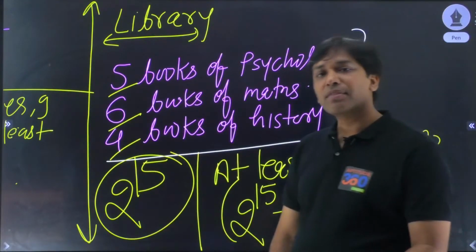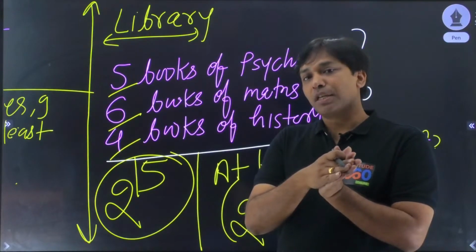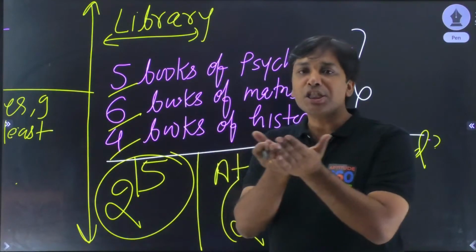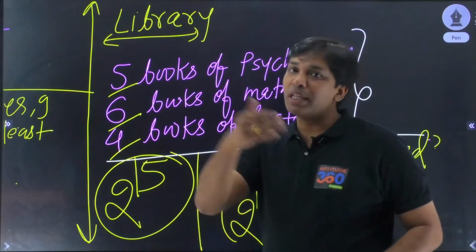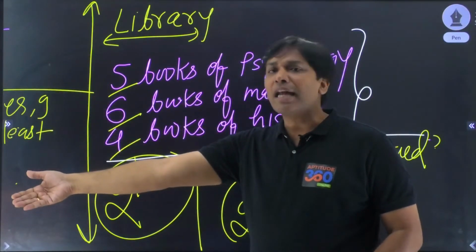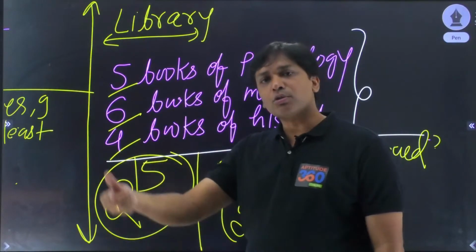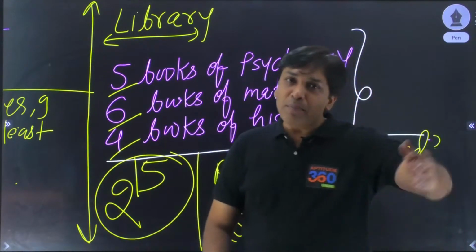Why am I saying that one particular book can be responded to in 2 ways? Either this book will be issued or this book will not be issued. Similarly, this is going to be the case with all the other books. So, how many books do we have? 15. So 2 into 2 into 2 into 2, how many times? 15 times. तो पहला ये केस हो गया।